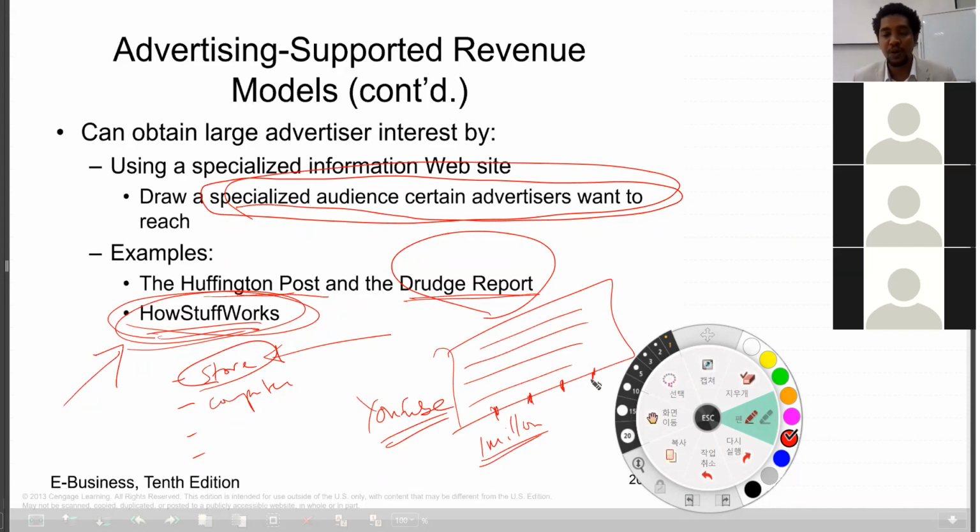But these products could be related to the viewer, or they could not be related to the viewer. So sometimes it's just a waste of advertising on some customer who is not even interested in your product. Okay, but when it is specific or when it is a specialized audience, then it's easy for the business to target these customers. Okay,